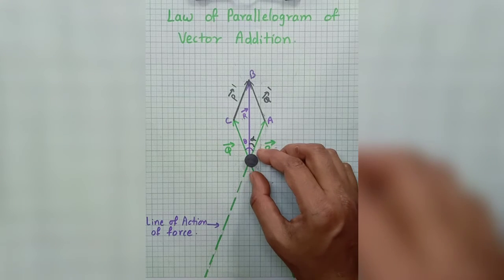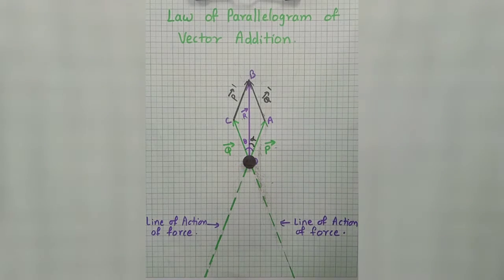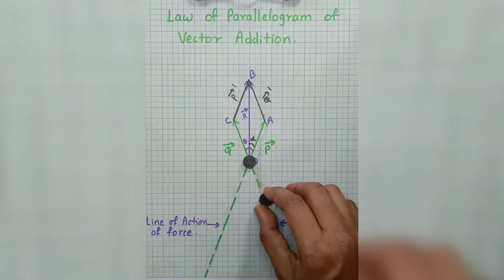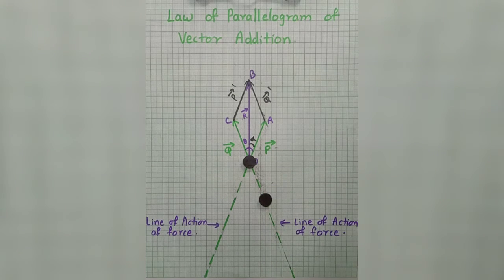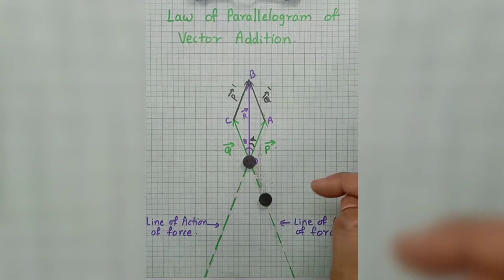So this is my first magnet, a button magnet, and I am going to use the second magnet. These are the two magnets I am going to use here, and along with this I will be using a third magnet also. But right now I want to show you how the magnet is going to move because of the repulsive force between them. So I am going to move this magnet, and this will travel along the direction of vector q bar, and we will observe how this magnet is going to travel.